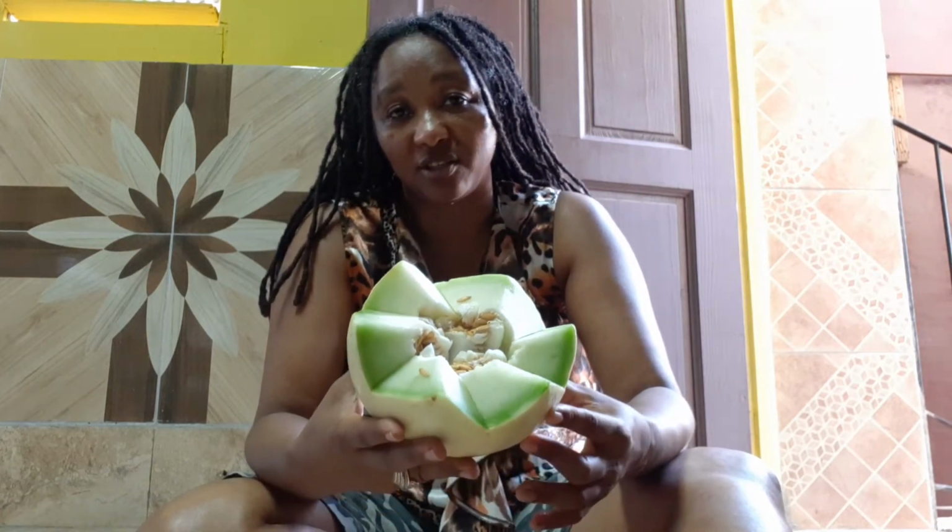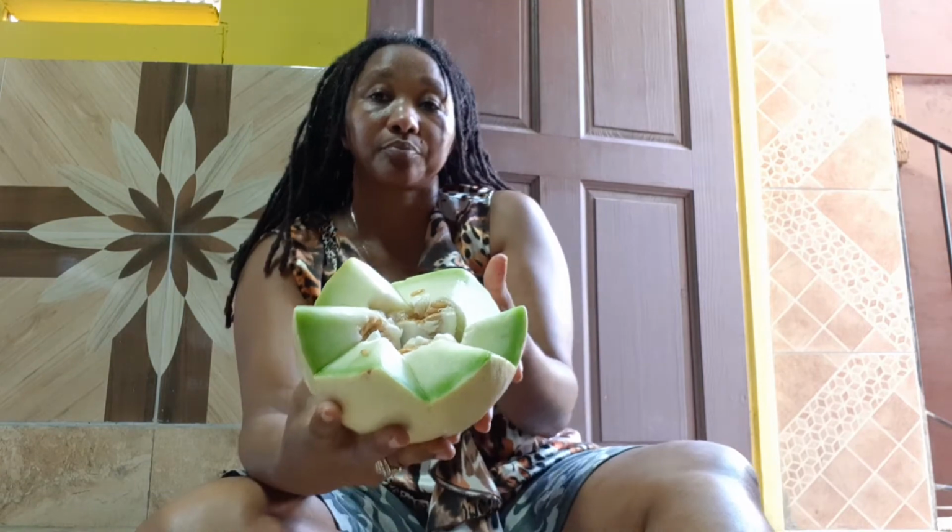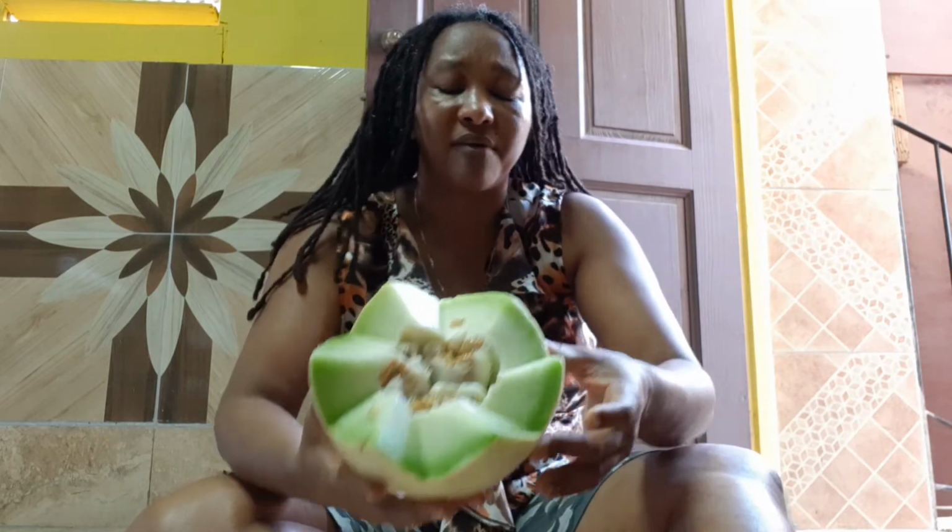It's rich in vitamin K. It's rich in potassium, magnesium, sodium, calcium. Those are the electrolytes, as I mentioned earlier. The melon family on a whole are very good for the skin. Not just in the fact that they keep the skin hydrated, but they also contain nutrients that help in the formation of collagen, which holds the skin together and keeps it firm and at the same time supple and glowing,